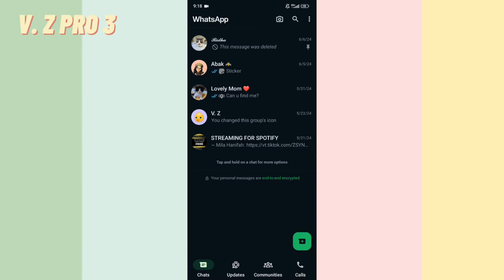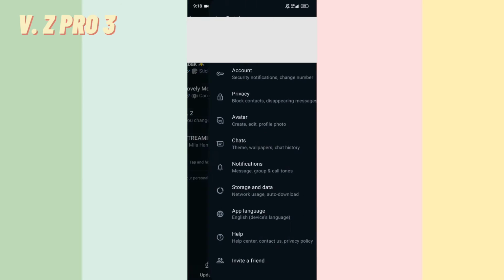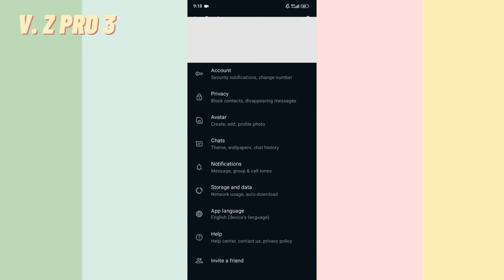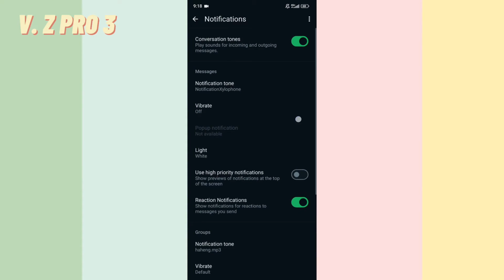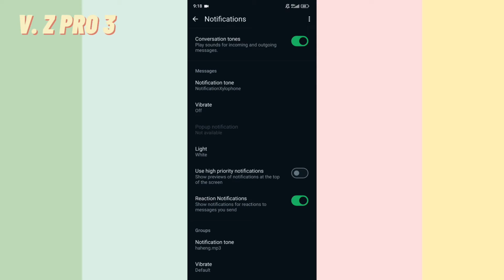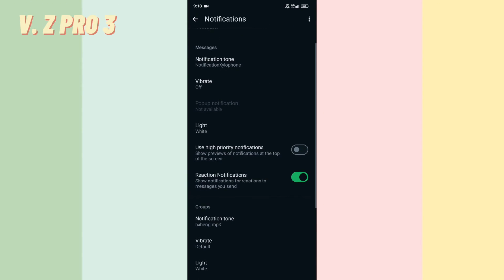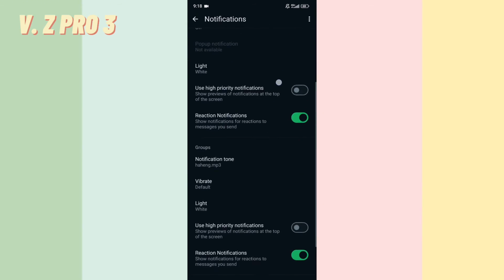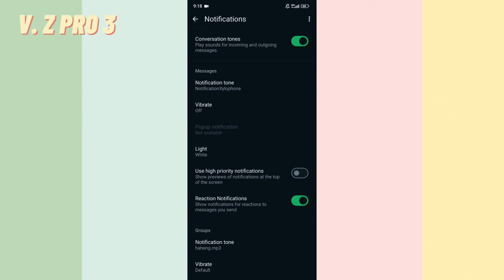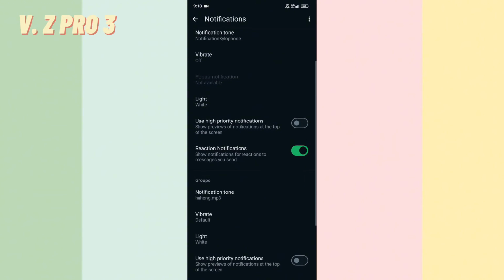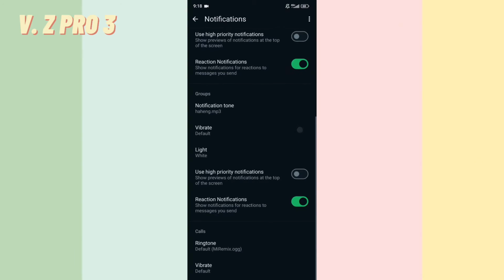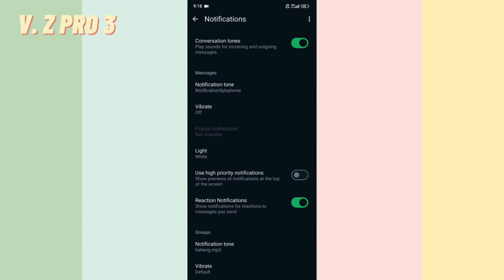Now you can tap on the upper right corner, the three dots over here. Tap on settings. Tap on notifications. You can see there is an option for message. For every notification like message, individual message, groups, and calls, there are settings for you to turn on or turn off